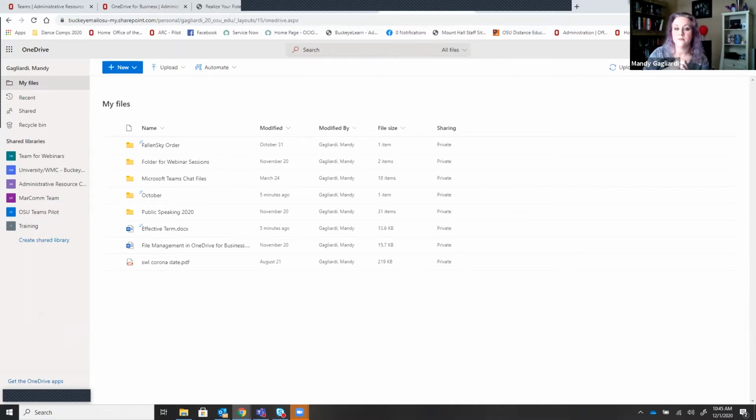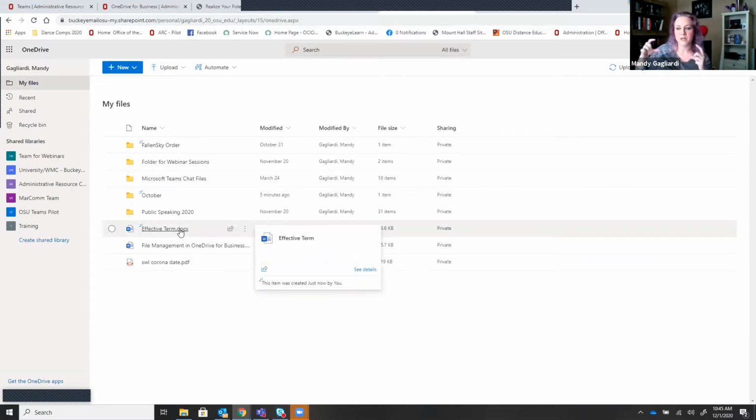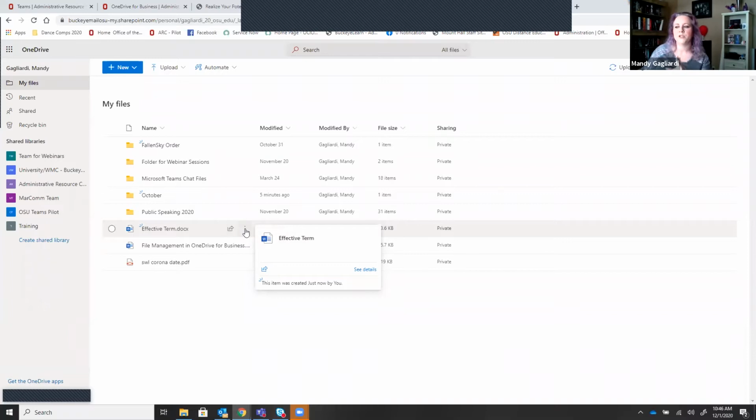Okay, so the first thing that I've been asked multiple times: how do I rename a document? Well, when you hover over a document in Microsoft OneDrive, you'll notice it becomes highlighted with a darker gray background. To the right of that, you have buttons that will appear. The first one is your sharing button, but I want you to go to the next one, which is the upside-down ellipsis,